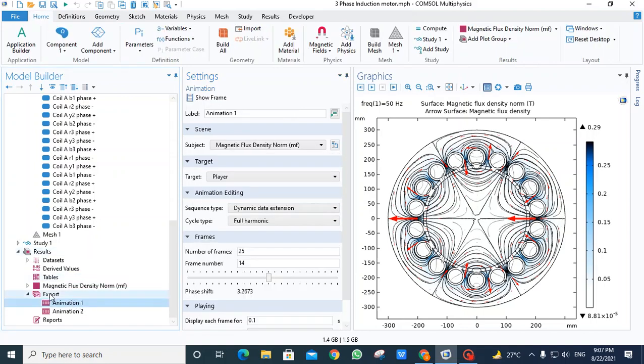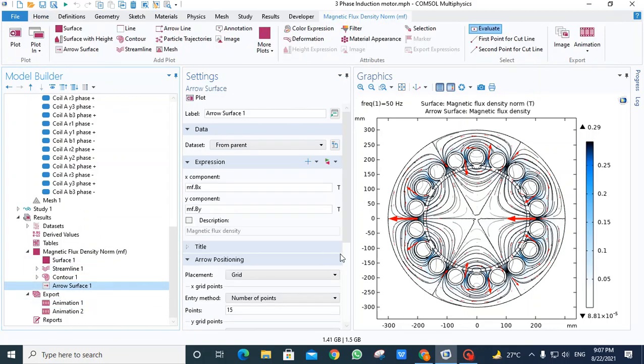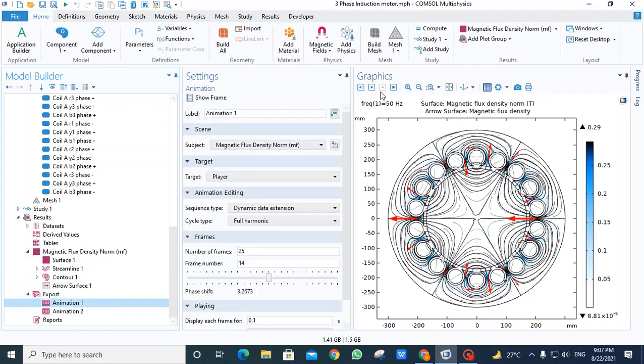For seeing the animation, arrow size is proper, we build this.